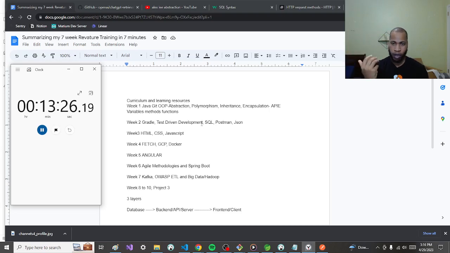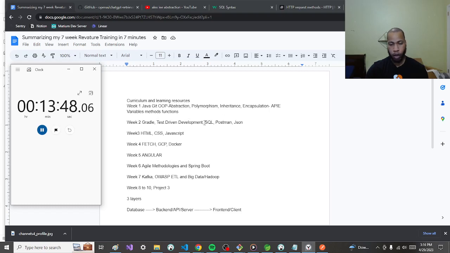Then I write the code and then I see, okay, the tests are kind of passing. I write the code so that I make the test pass. And then after the tests are passing, I refactor the code to make it perfect. So at first I just write it and then I refactor it to make it perfect. So this is important. Every interviewer that I've encountered really wants you to know this and do it because it